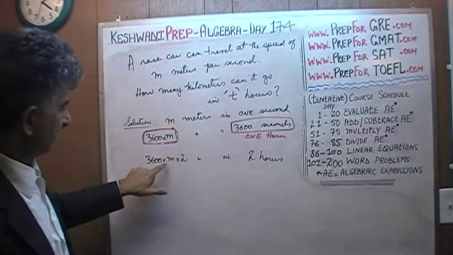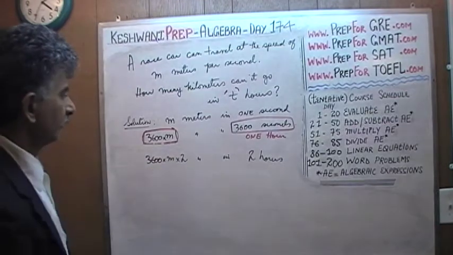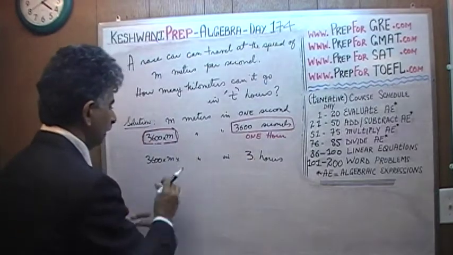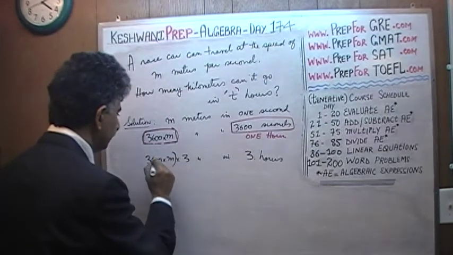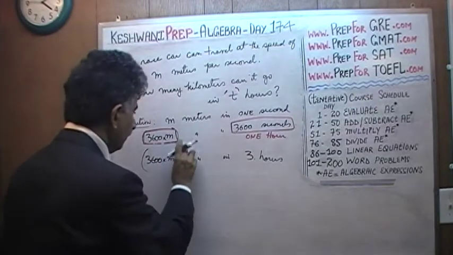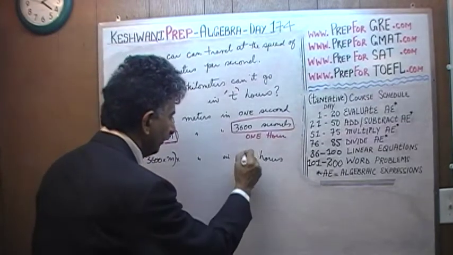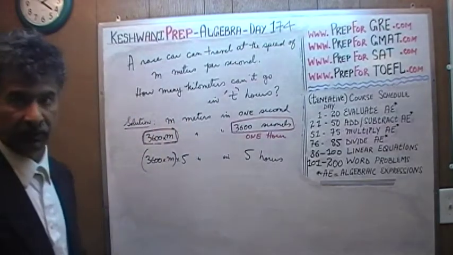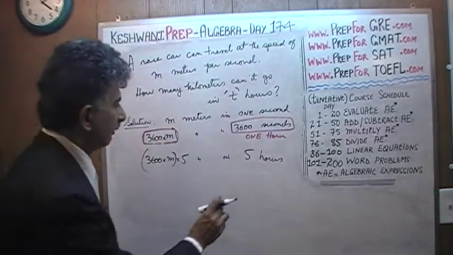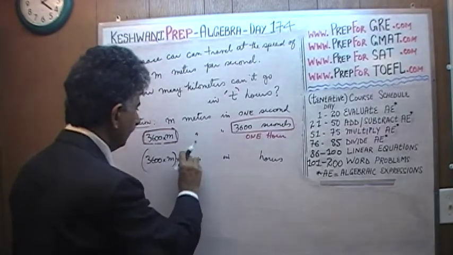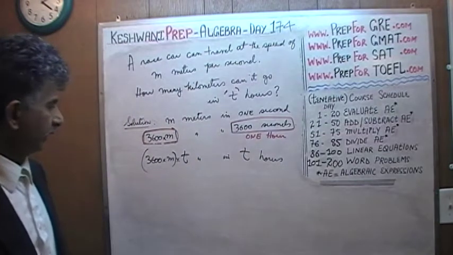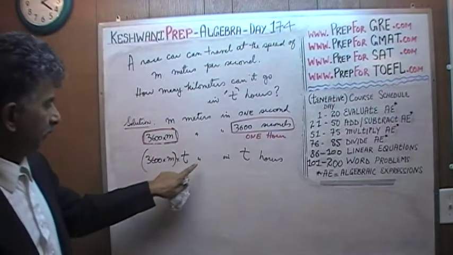If we were to go 3 hours, we'll go 3 times as many meters. If we were to go 5 hours, we'll go 5 times as many. But we're going for t hours. So in t hours, we should be able to go 3,600 times m times t meters